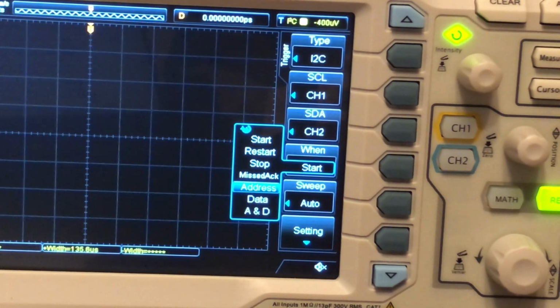Okay, next up is A and D. The oscilloscope searches for specified address and data at the same time and triggers when the specified address and data are found. Then you can press address bits, and bit X, and direction on that one. Okay, last we have